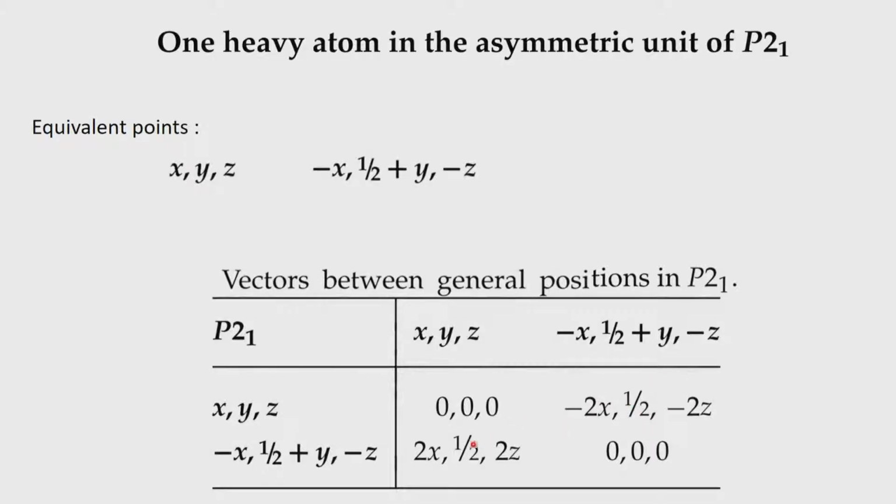So, you see the importance of the Harker section which is developing here with v equals half. We straight away see the solution to x and z. We get 2x, 2z, and therefore, we get x and z. So, we have the x and z coordinates of the heavy atom, y we are fixing. So, we get the corresponding 2y depending on where we fix the y value, and therefore, we get the position of the heavy atom. So, P21 is a fairly straightforward case.